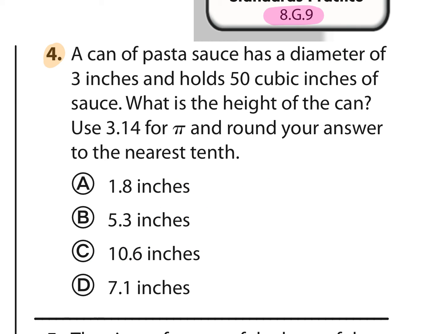Number 4, a can of pasta sauce has a diameter of 3 inches and holds 50 cubic inches of sauce. What is the height? So we're dealing with a can, and that would be a cylinder. And so we use our formula for volume of a cylinder, V equals pi r squared times the height. And then we just start plugging in what we know. We know that we had a diameter of 3 inches, which means that the radius is half that, so 1.5